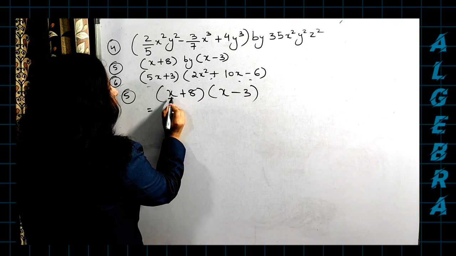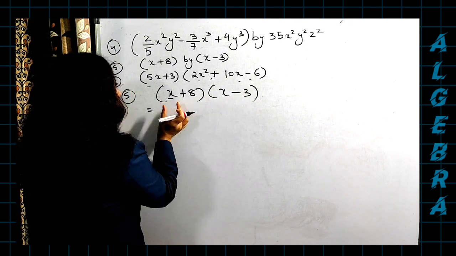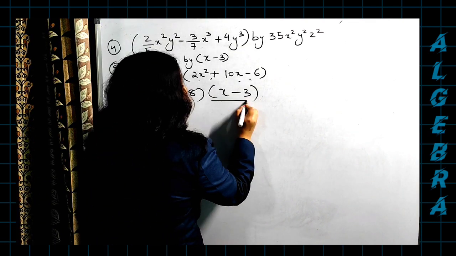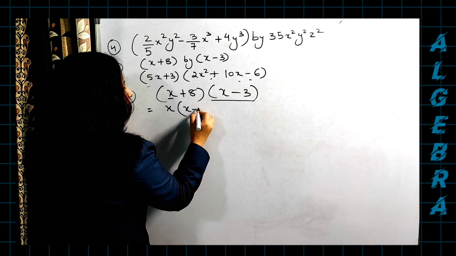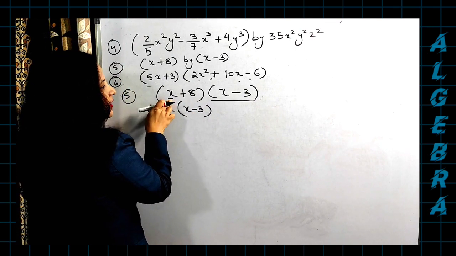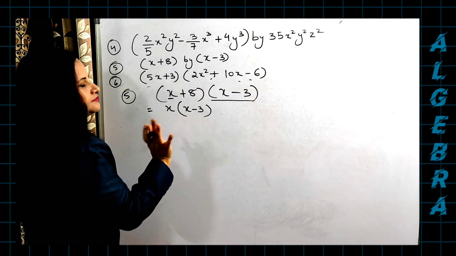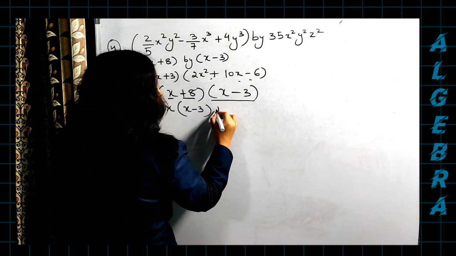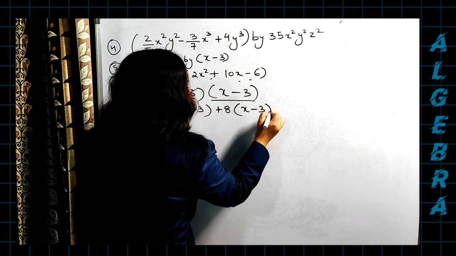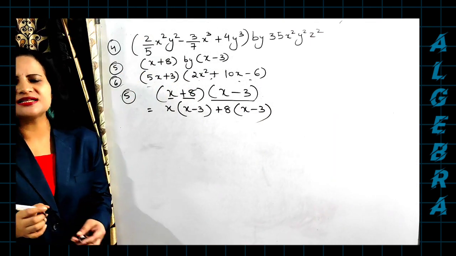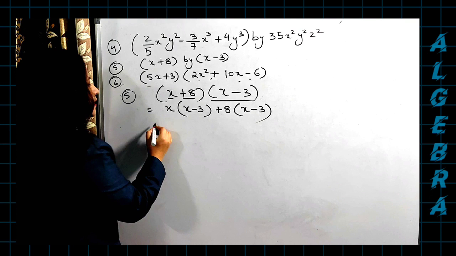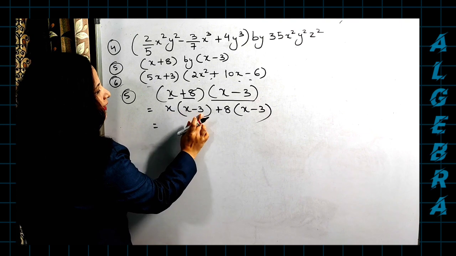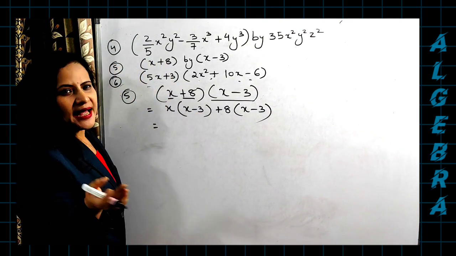This is the first expression, this is the second expression. The first term of the first expression, x, I have just written x, and now the whole of x minus 3 I will be writing. The first term is getting multiplied to the whole of the second one. Clear? Then along with the sign, the second term, plus 8, simply I will arrange it like this, is multiplied to x minus 3. I think the idea is getting quite clear with everyone. Now you have got a monomial with a binomial, monomial with a binomial, as you had done earlier.